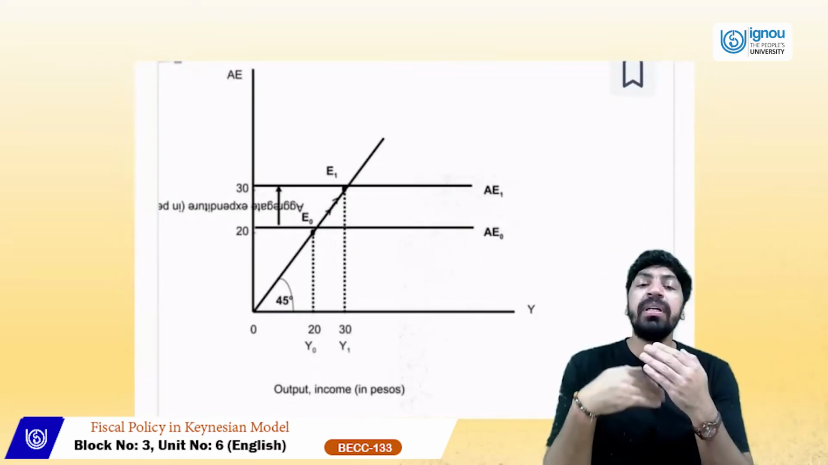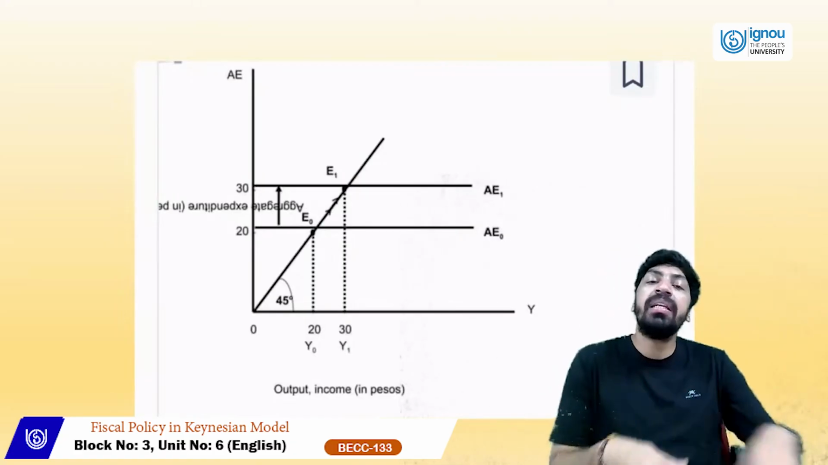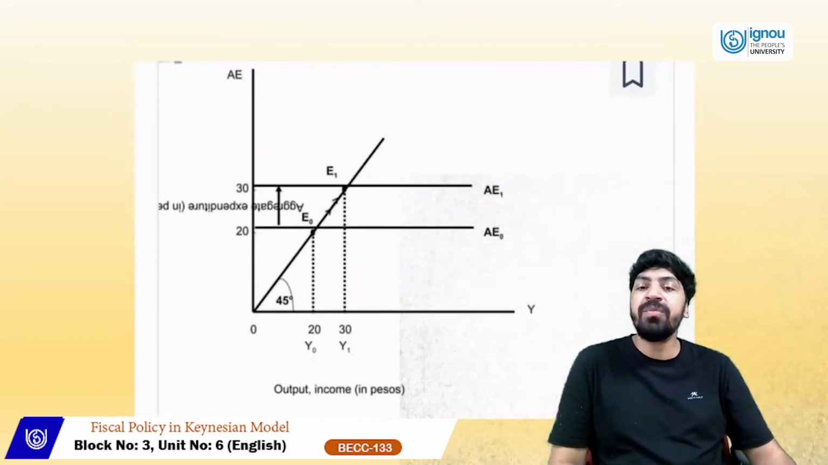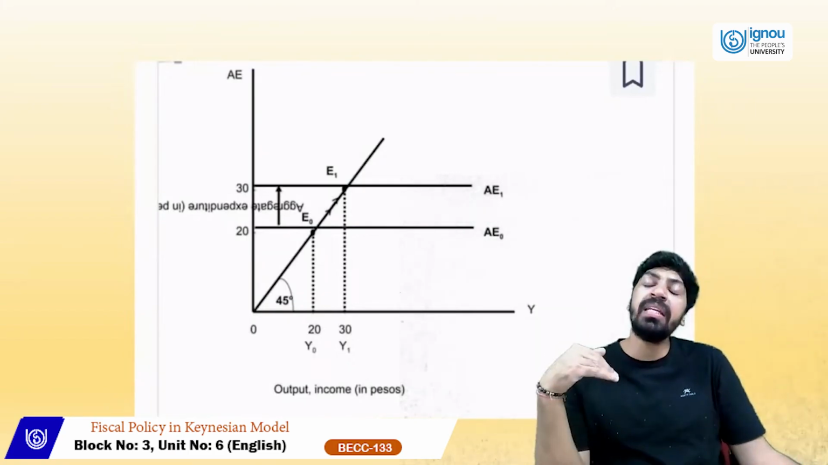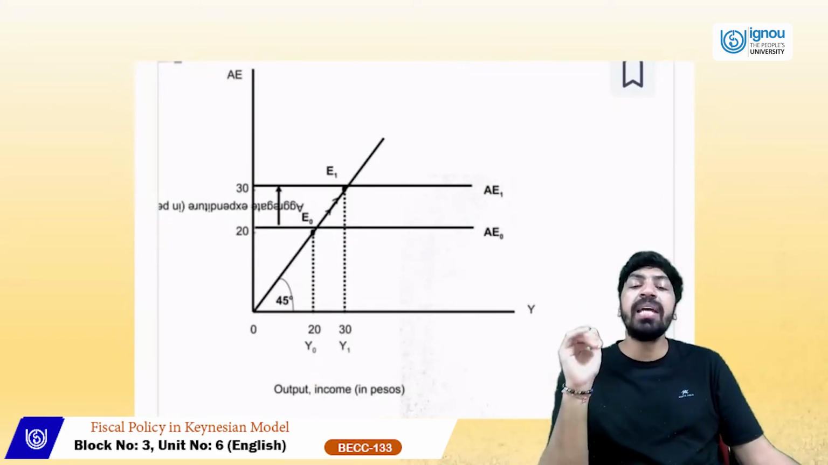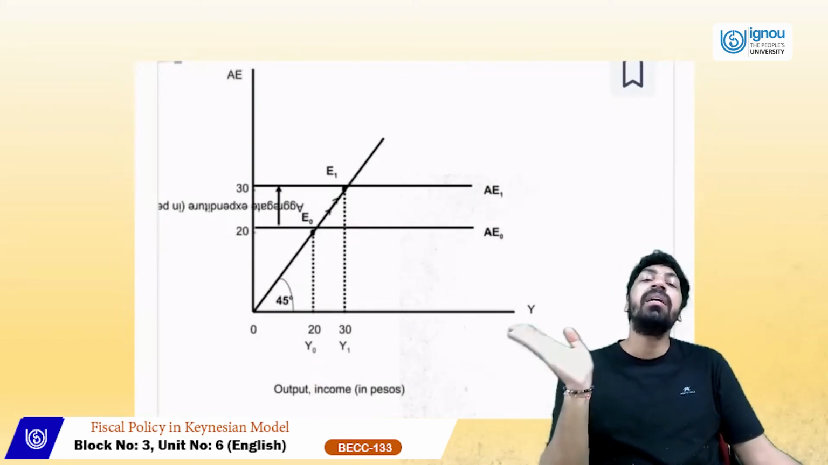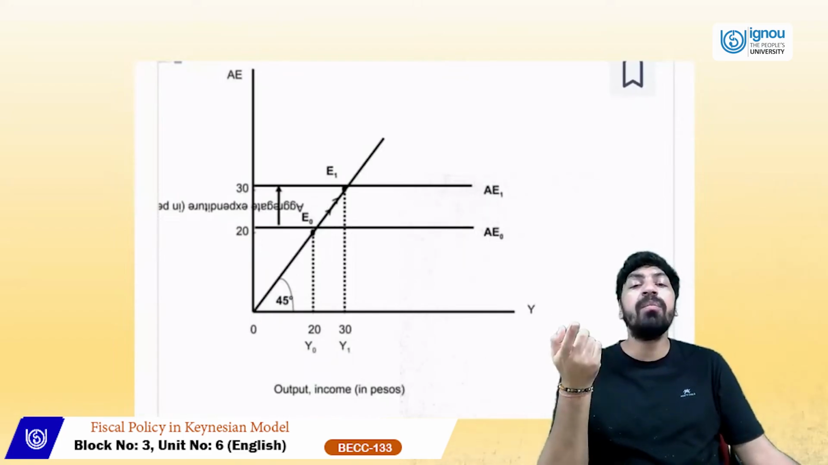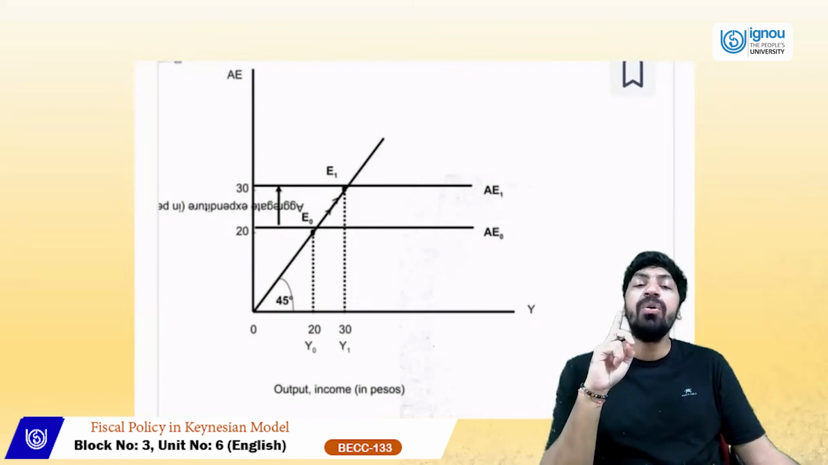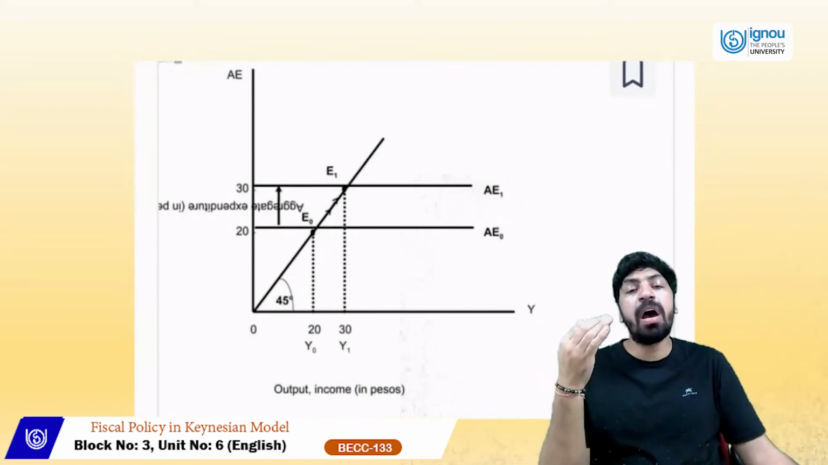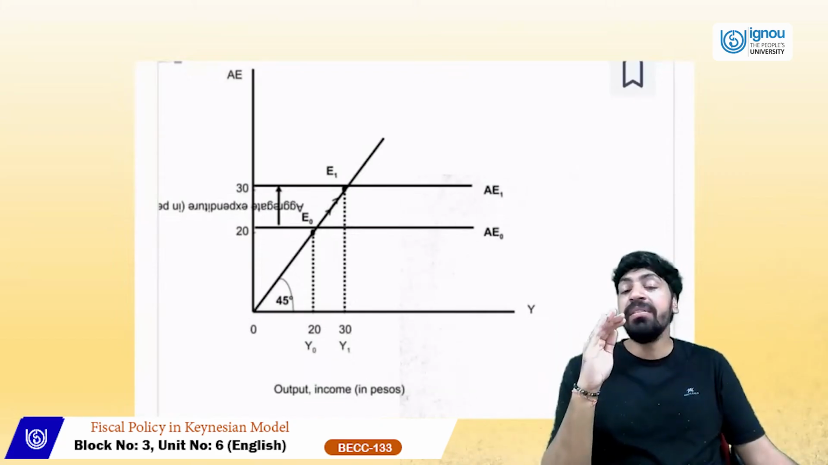So due to a change in income, automatically the aggregate expenditure will also increase, and vice versa. If there is a decrease in the aggregate expenditure, automatically the national output will also decrease. That means the new equilibrium point would move from E0 to E1, which is a downward shift. If there is a downward shift of aggregate expenditure,